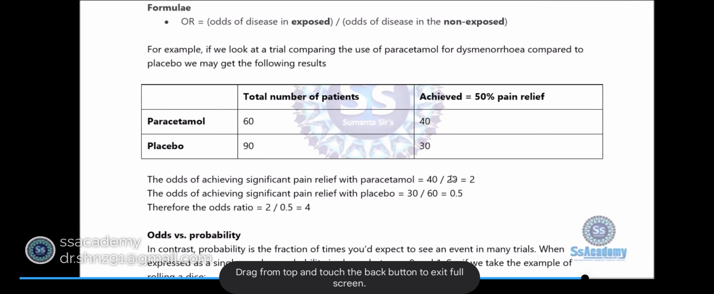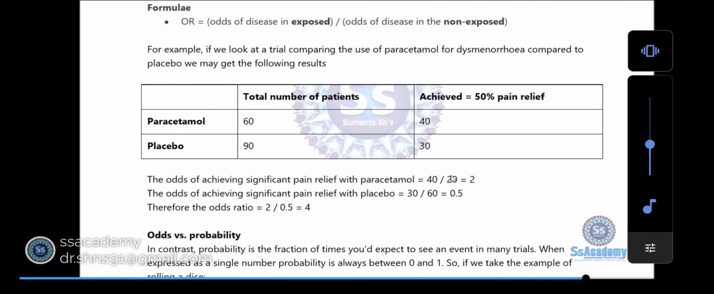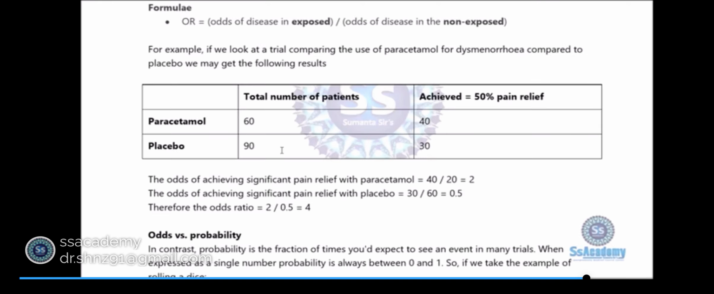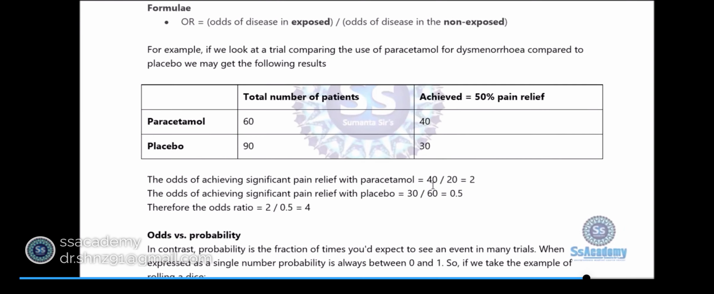Here is an example. The total number of patients is 60 given paracetamol. 40 achieved 50% pain relief, and with placebo, 90 patients and 30 achieved relief. The odds of achieving significant pain relief with the paracetamol,